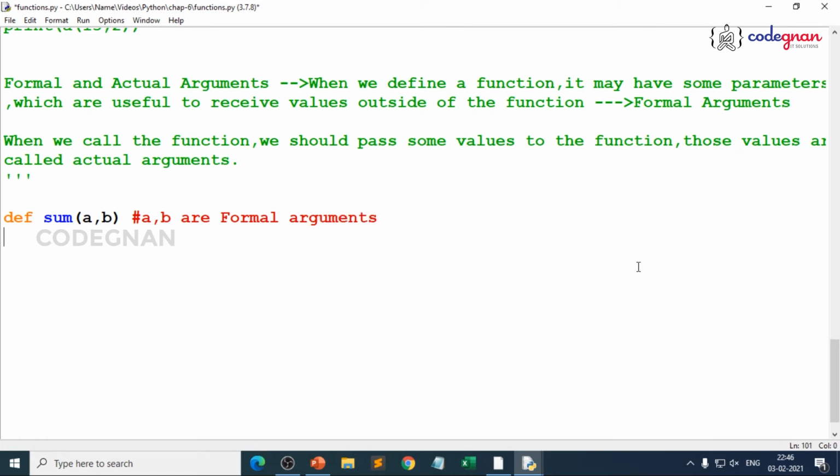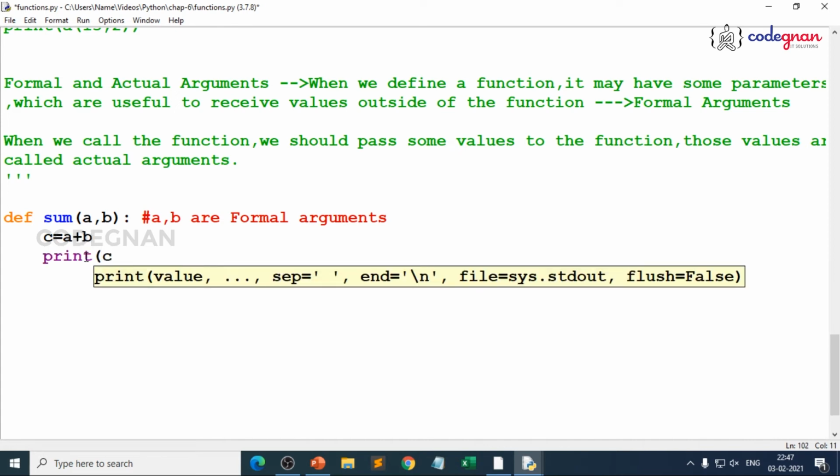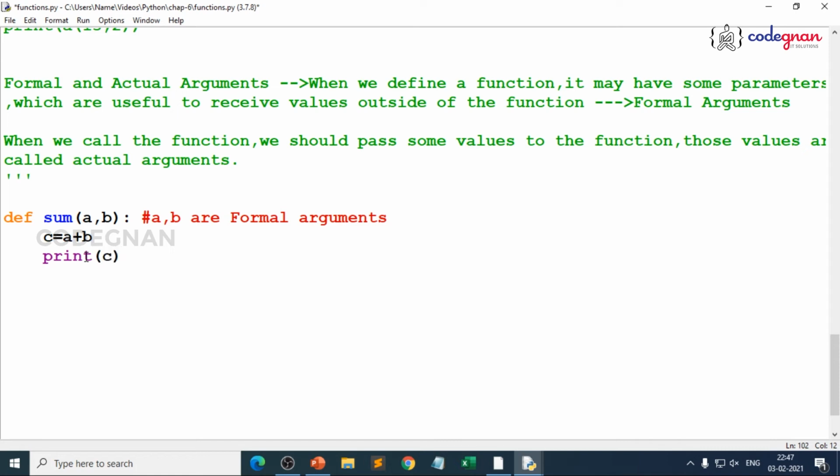But what are you missing here? You are missing the colon. Just press enter and you automatically get indentation. There you write any logic, whether you return the values or anything. I give c equal to a plus b, and then print of c. You can write in any way because you are comfortable now, right?